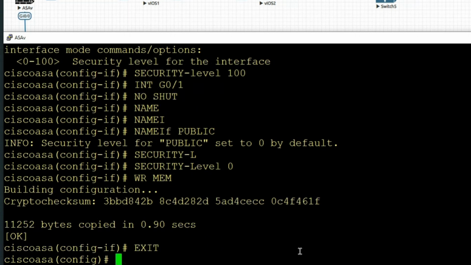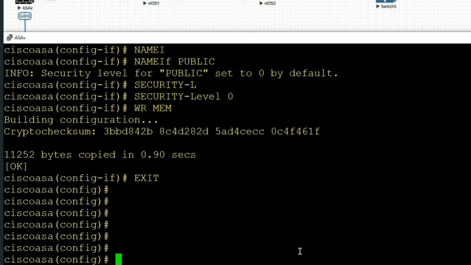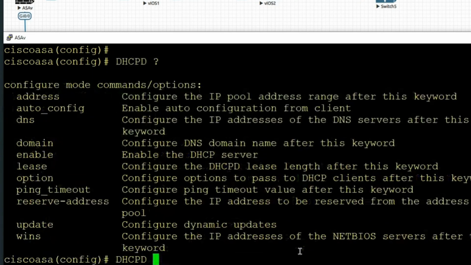Now, the next thing that I'm going to do is configure DHCP, because I need that PC below me, on my LAN, to be able to get an IP address. So dhcpd address. This is where you do your scope. And if you don't know, remember, question mark is your friend.